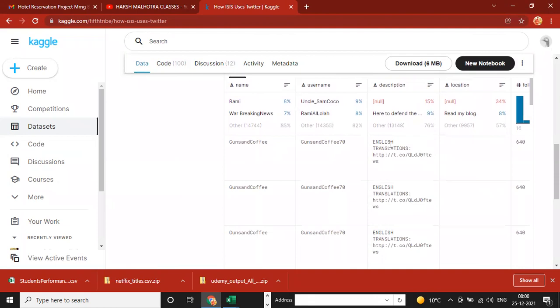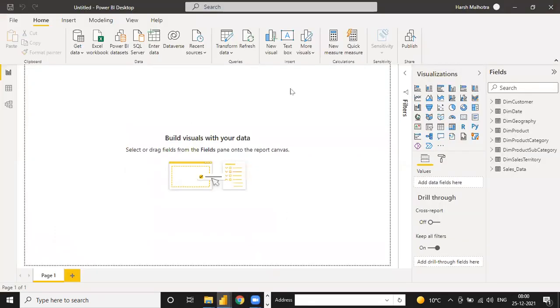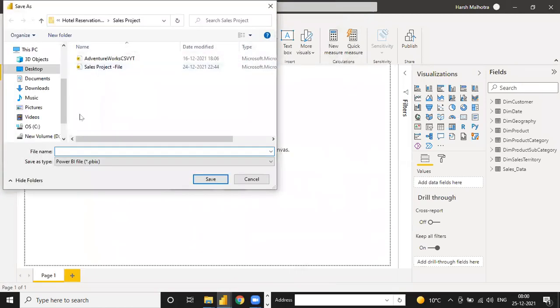First, you have to identify whichever need you want, because if you don't think, you cannot do the Power BI on your own. So you have to first identify. And now see, all the files are ready in Power BI view. This is your Power BI view, guys. All the files are ready and now you have to save this file into your project files.